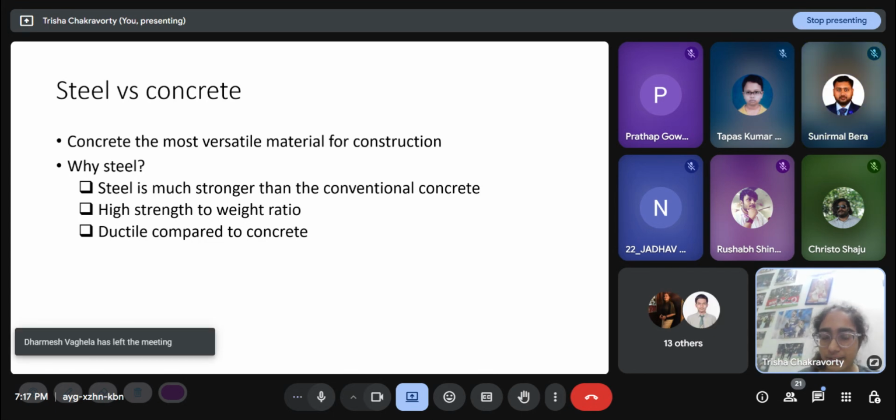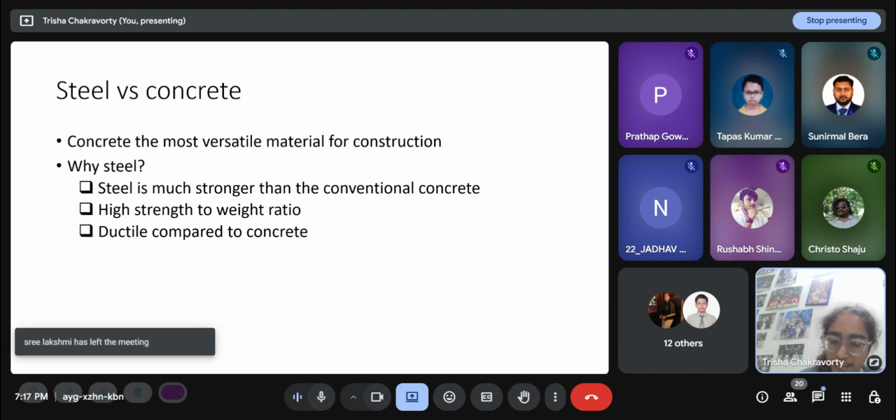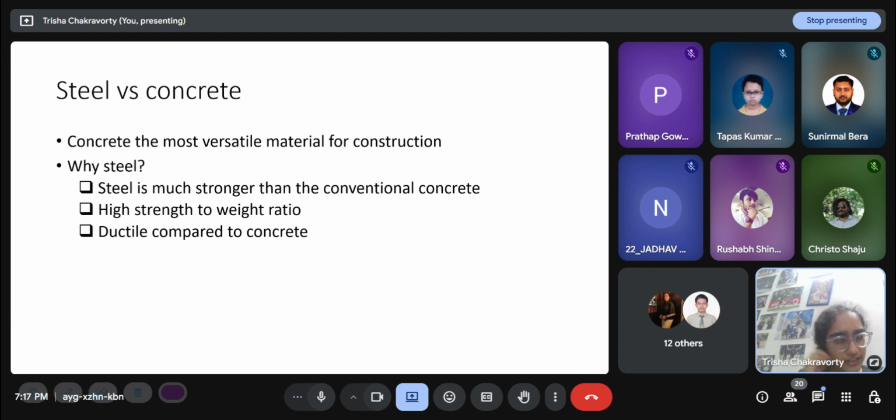So what it does is give us a lot of warning time. Suppose in an earthquake the structure immediately collapses, it will lead to loss of life even before the people get time to act. But if it is a ductile structure, the material reaches its yield, it starts deforming, it starts giving warning, you can see that it is about to fail but it hasn't yet failed, so you can evacuate, and then it collapses ultimately. So this is a crude example, but that is why we need ductility.